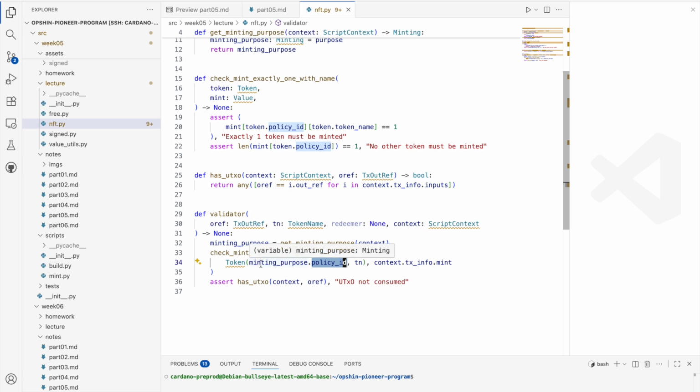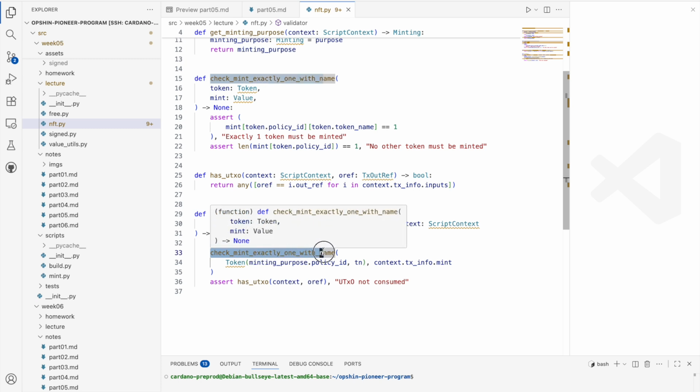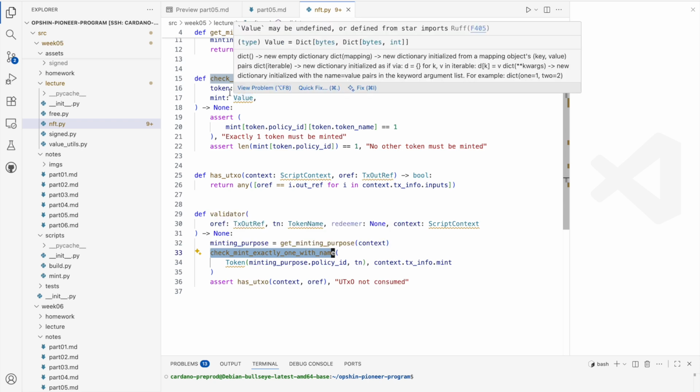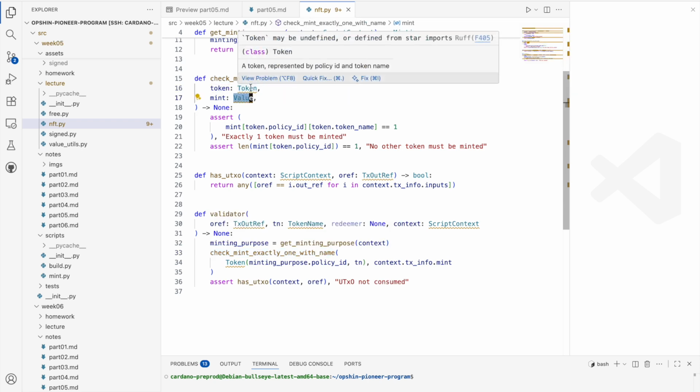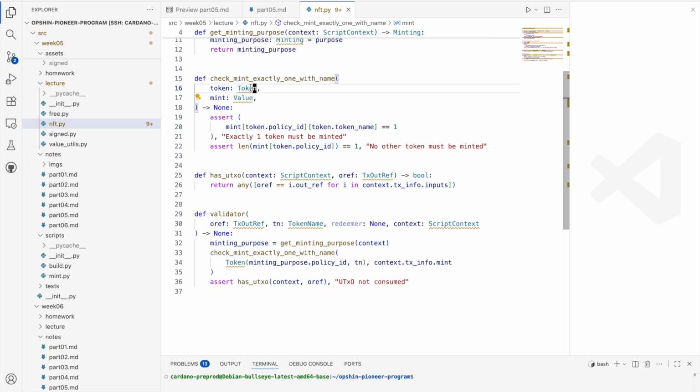We use it here to get the policy ID of the token that is minted, which is also simultaneously the hash of this script itself. So then we use this function check mint exactly one with name. I guess the name kind of says what it does. It checks that this value we pass it contains exactly one token of this type and nothing else. And so the first assertion just checks that we do mint one amount of this token with policy ID and name